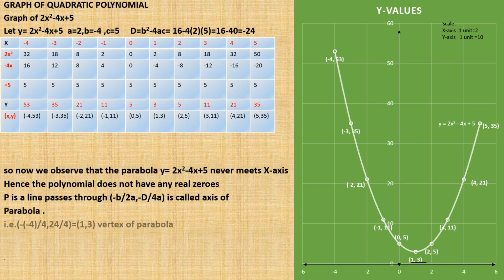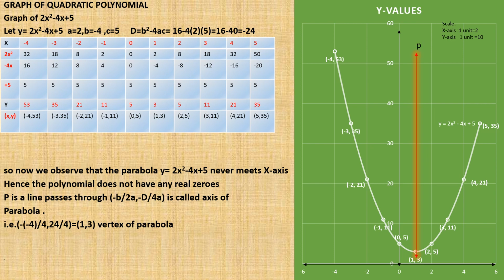So the parabola will have the vertex, and what is the meaning of vertex? If you draw a line through that point, the axis of the parabola gives the equidistant line between any 2 points on the parabola. Then we can say that this parabola is symmetric about that line. Generally you need not mention this, I just explained it for the concept. It is enough to write up to, hence the polynomial doesn't have any real zeros. This is the end of the problem, and these two are additional things you can learn. So that line which passes through the vertex is the axis of the parabola.